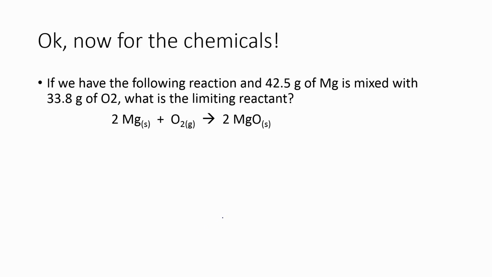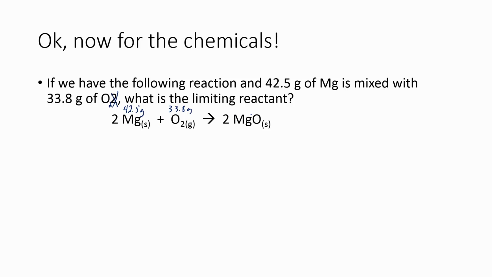All right, let's try this with chemicals. Same exact idea, nothing that we haven't done before, just a little bit more work. So if we have this following reaction, we have 42.5 grams of magnesium mixed with 33.8 grams of oxygen. So we're looking at 42.5 grams of this and 33.8 grams of O2, which should be a subscript. All right. So what's the limiting reactant? Well, it's whatever